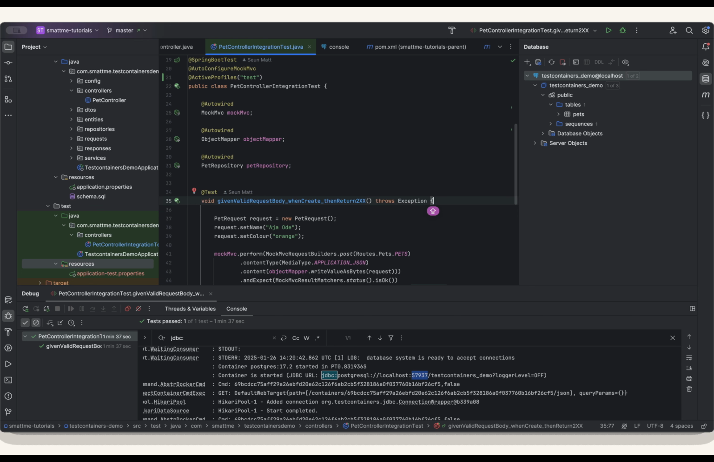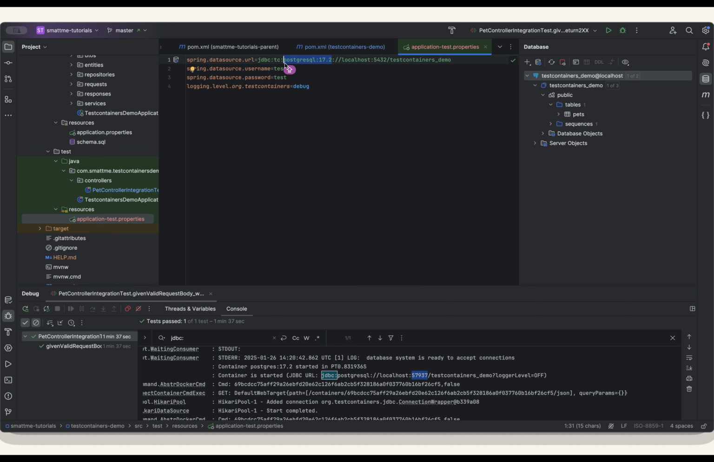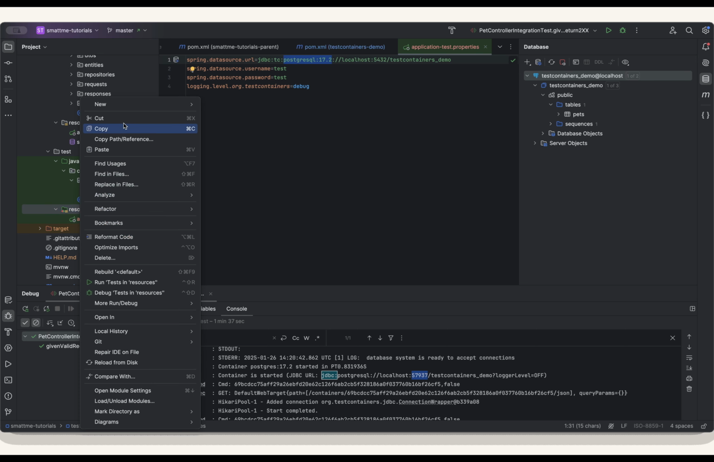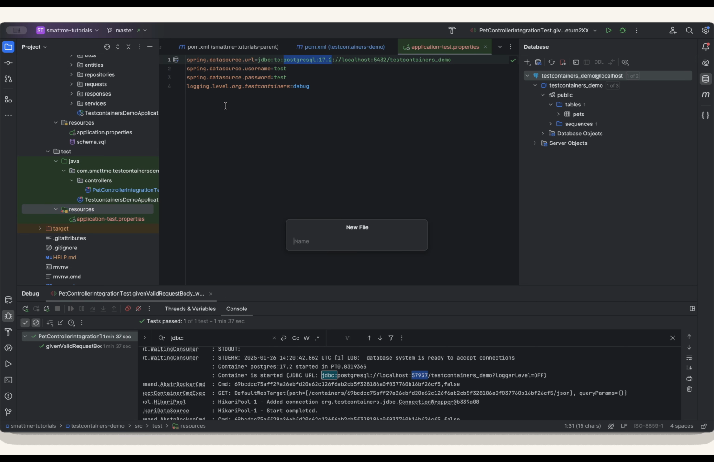Can I use private Docker repository? One way to achieve this is to create a testcontainers.properties, and in it, we will have the property hub.image.name.prefix that will be the URL of our private repository. So let's go ahead and do that. We can create new file, testcontainers.properties,